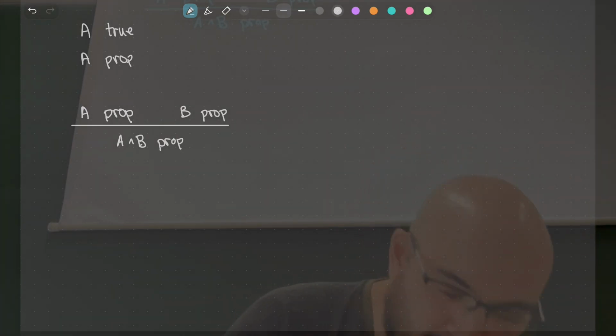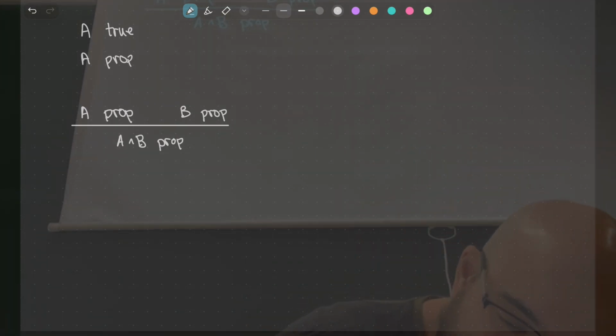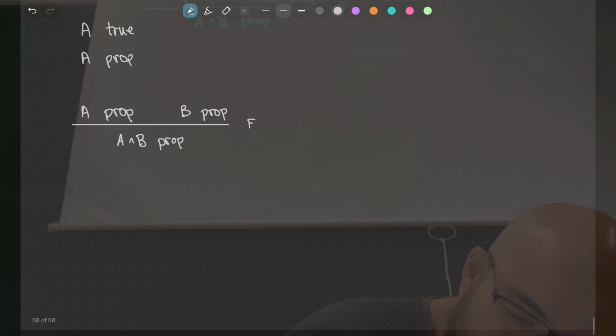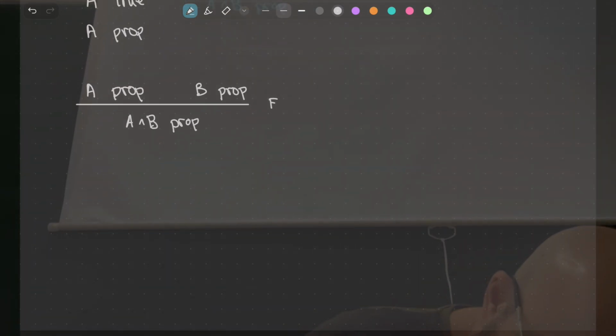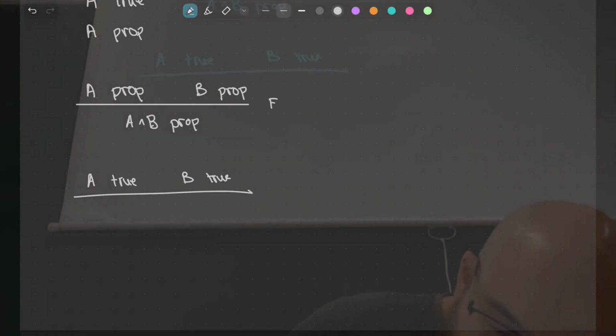Senseful? Hope so. This is the formation rule, right? And now I want to say how I can deduce things from that. If I have that A is true, and if I have that B is true, I can put them together, and I have that A and B is true.